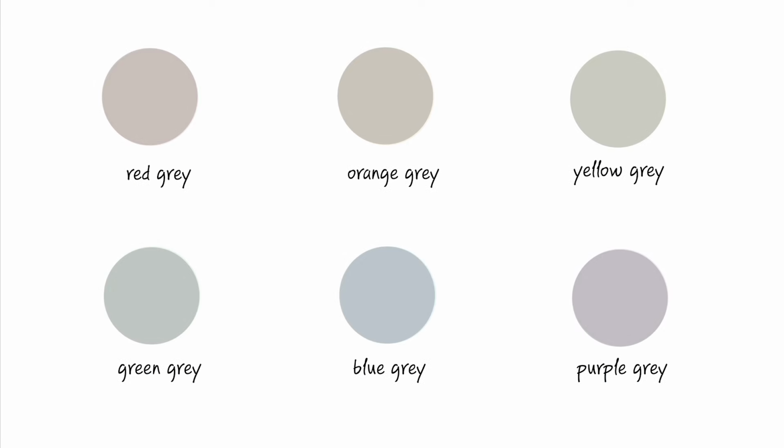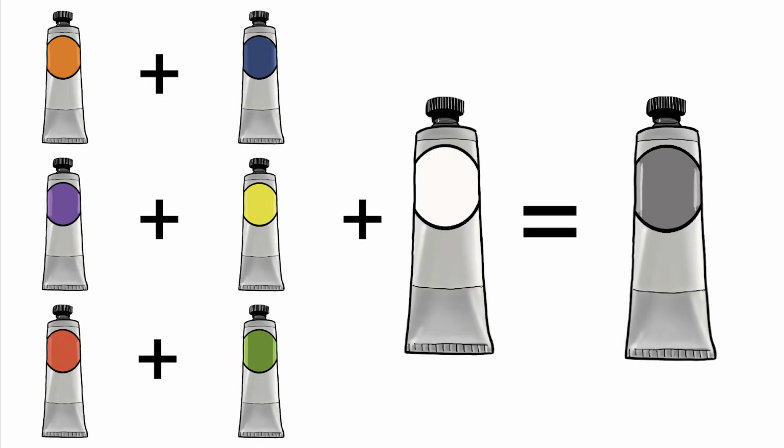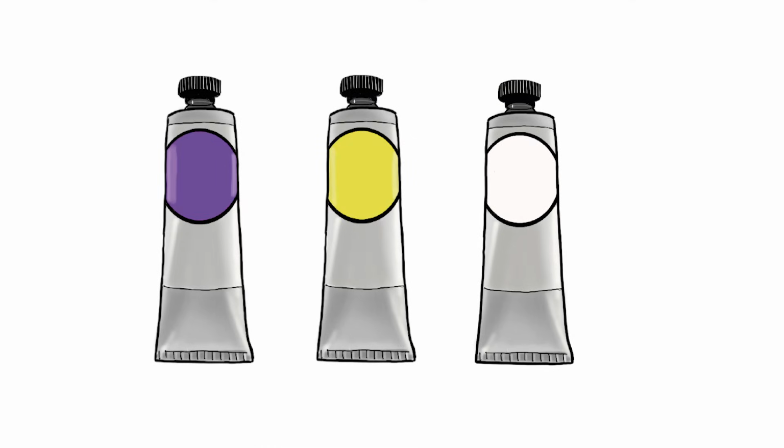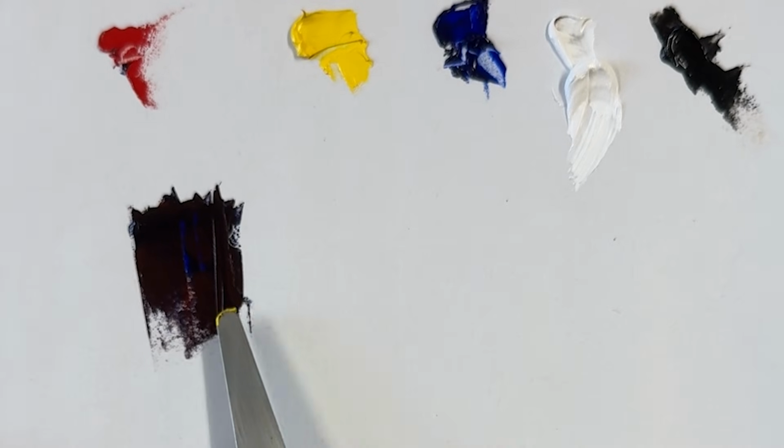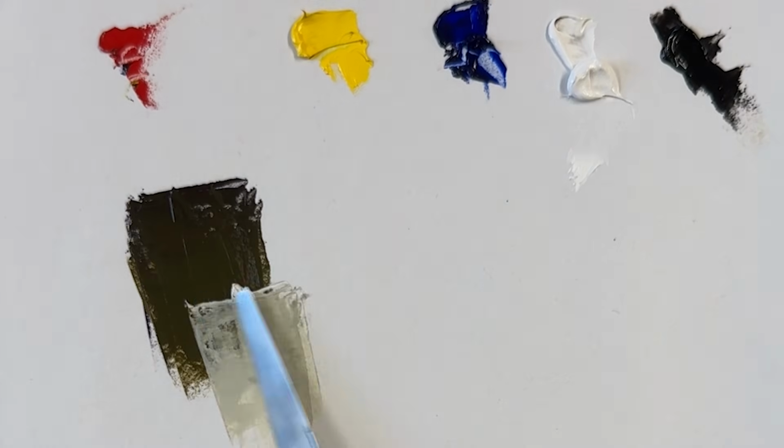The colour hues are very subtle, but you can find every hue on the colour wheel in a grey. The best way to mix greys is by mixing your opposite colours together and then adding white. This will give you a grey that you can push both warm and cool if necessary. Let's take purple plus yellow plus white as our example. If I mix a purple and then mix that into my yellow and add white,